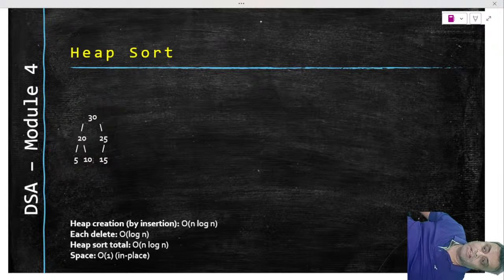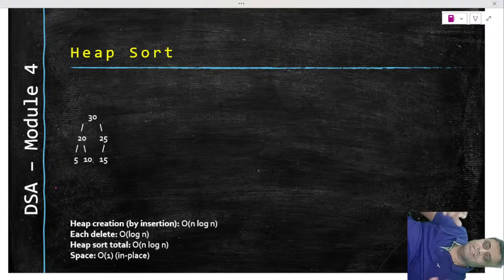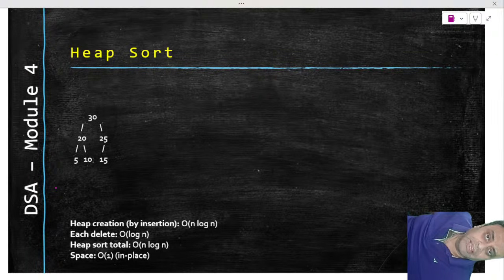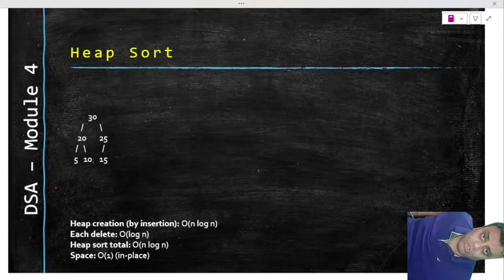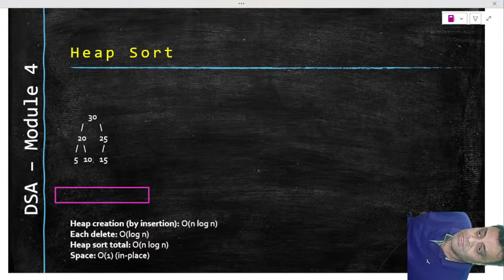So we will now tactfully take out the elements, but before that, let us say that this is a tree. A tree is a graphical form, right? If a tree is a graphical form, then I cannot represent a graphical form in my code. I need a data structure to represent the tree. Let us say that I have an array to represent a tree. Then in this array, I will go top to bottom and left to right. So I'll go left to right first, then slowly go bottom and cover all the elements.